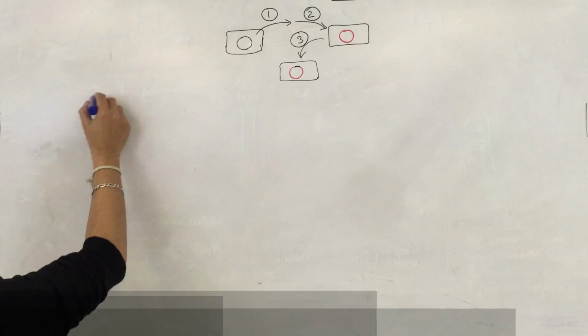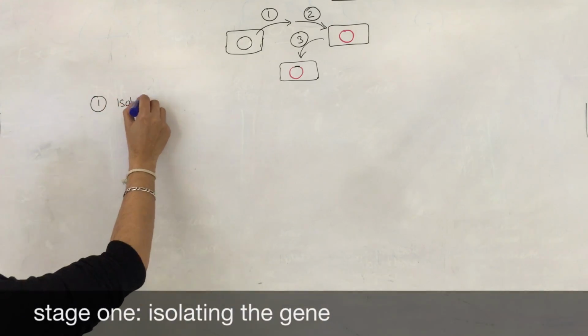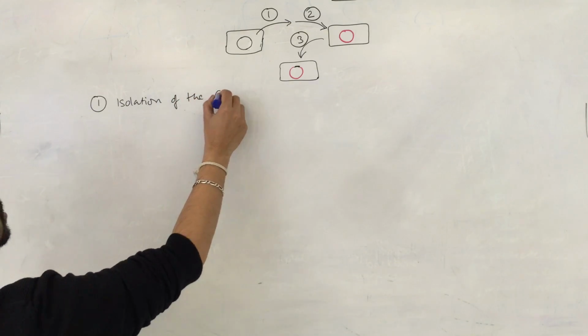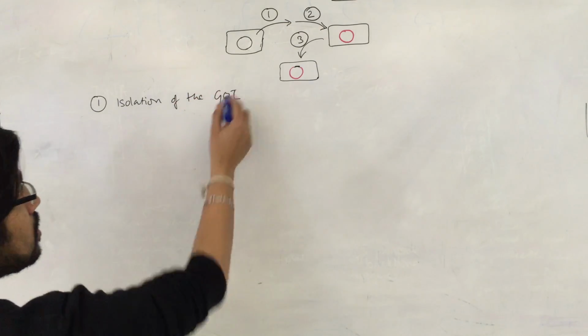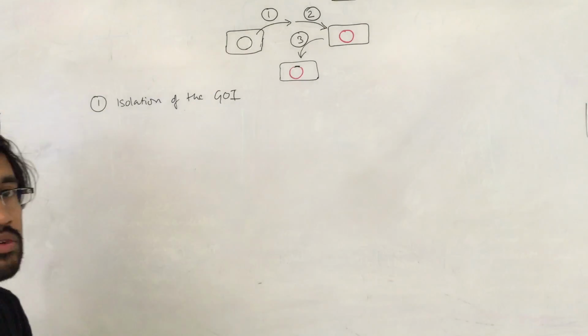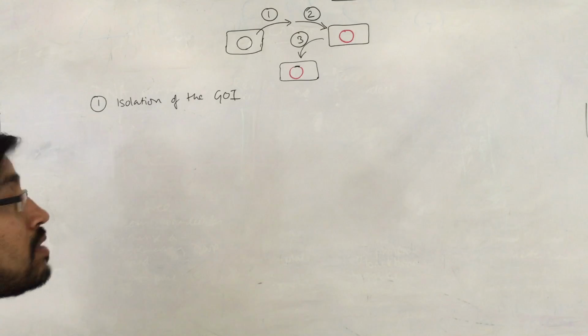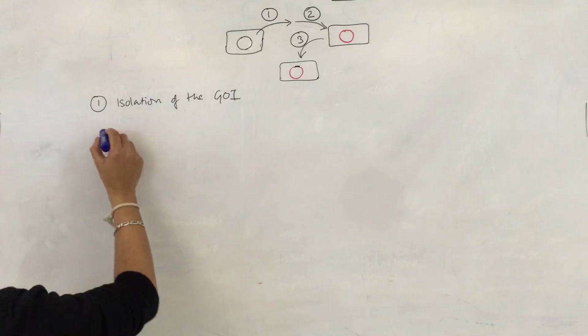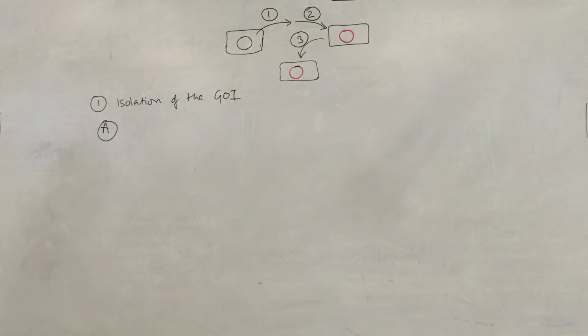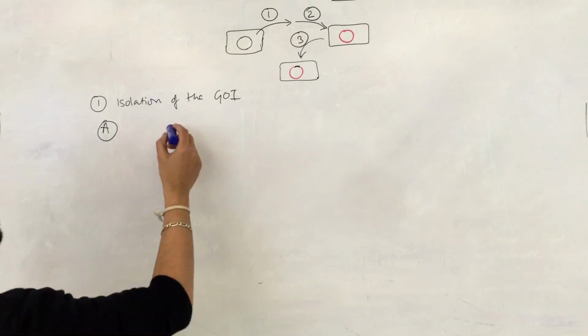Let's start with isolation of the gene of interest. Okay, I'm going to abbreviate that. Isolation of the gene of interest. This can be done in 2 ways. Okay, so let's look at method A. Okay, so in method A,